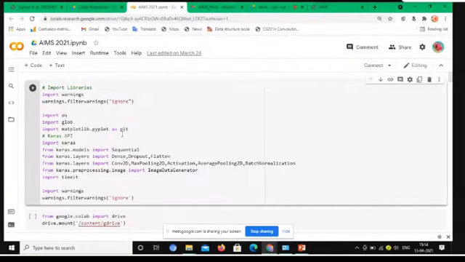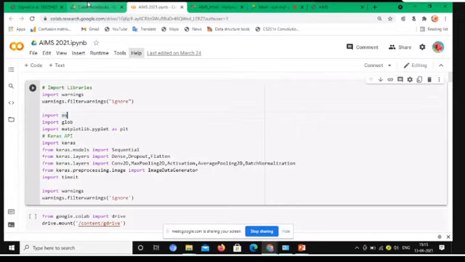Here is the hands-on session of artificial intelligence in agriculture. First we need to create a Colab notebook in our Google Drive.